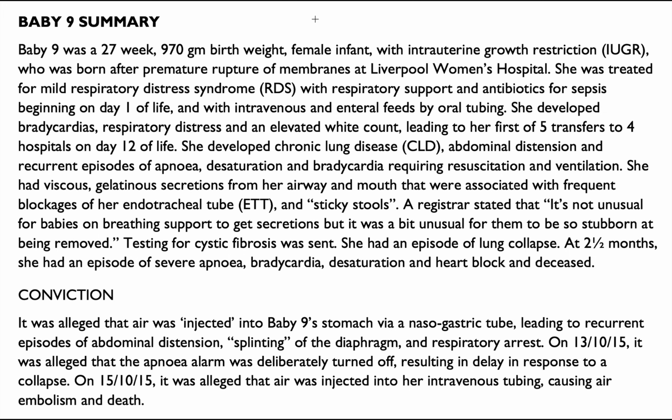Of course, Dr. Evans has now jettisoned this explanation in favour of a new explanation that is equally ridiculous. Obviously, this happened after the court case. On the 13th of October 2015, it was alleged that the apnea alarm was deliberately turned off, resulting in delay in response to a collapse. On the 15th of October 2015, it was alleged that air was injected into her intravenous tubing, causing air embolism